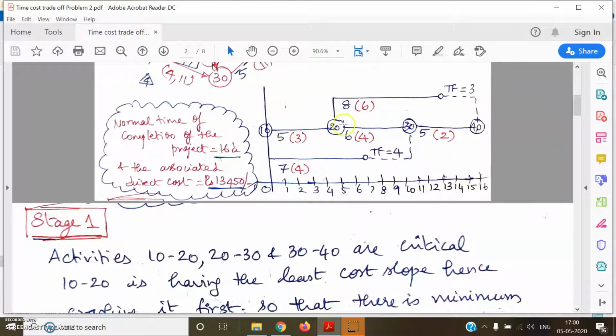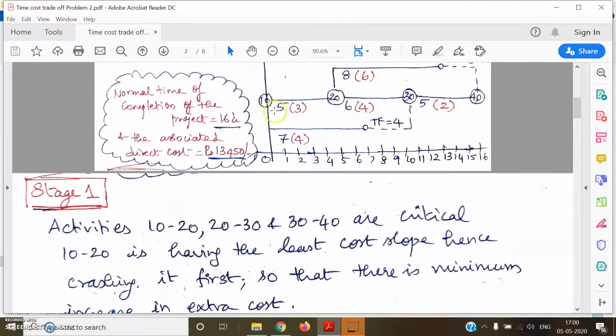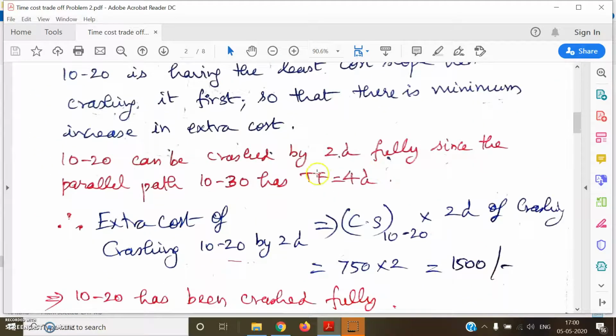Therefore, when I crash 10:20, I have to look at 10:30 as the parallel activity. So I can crash 10:20 at one stroke by 2 days, because the parallel path will still remain non-critical by losing only 2 days of total float. So I'll go for crashing 10:20 by 2 days fully, since parallel path 10:30 has total float of 4